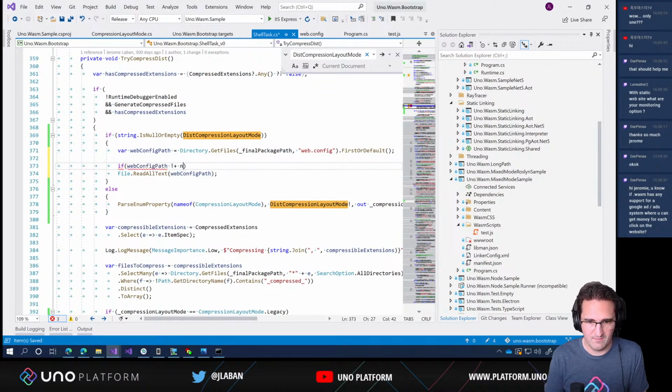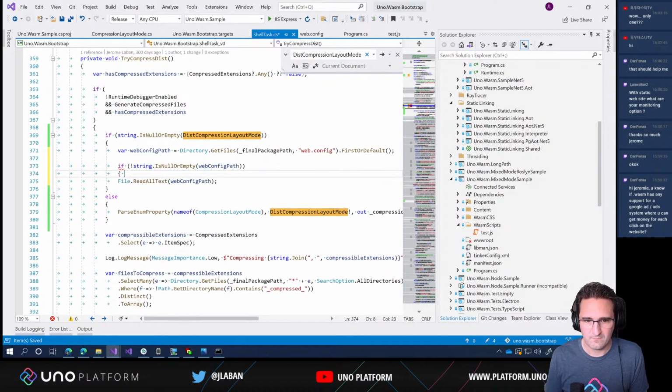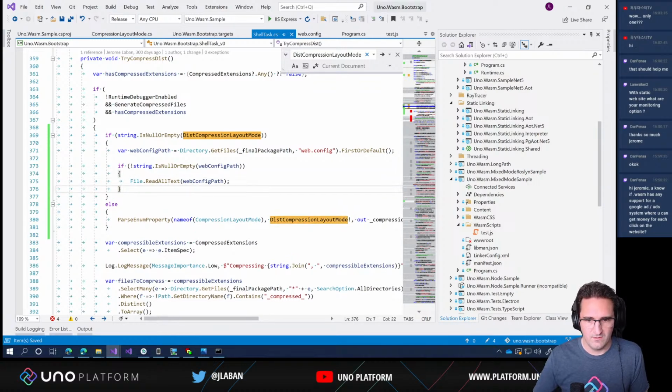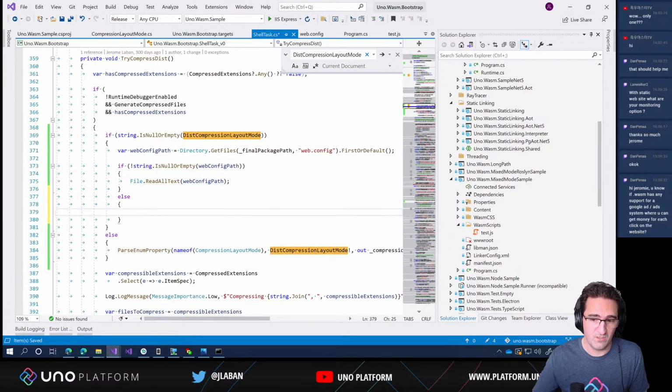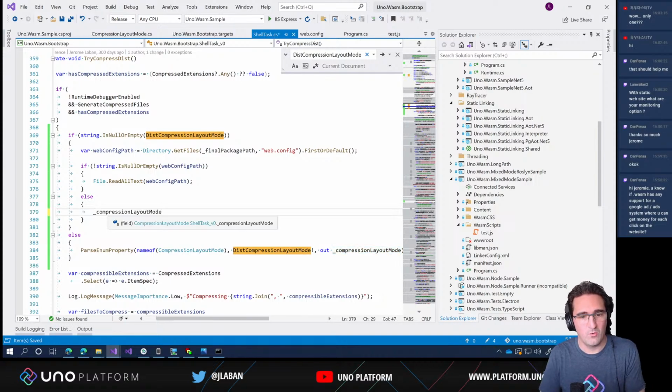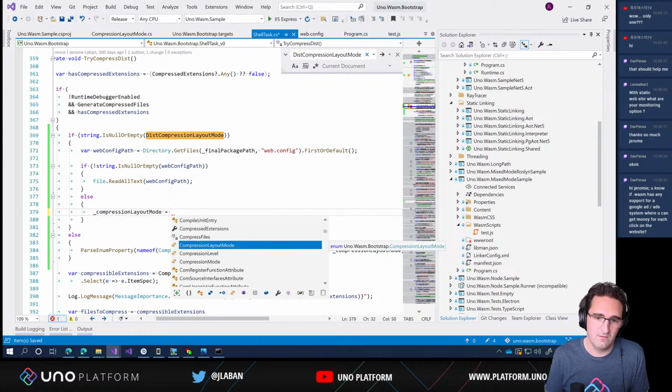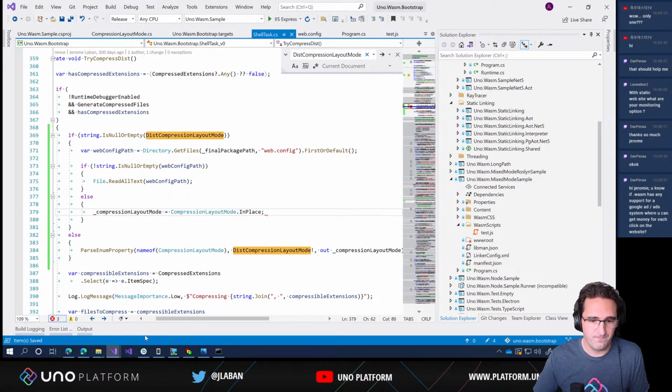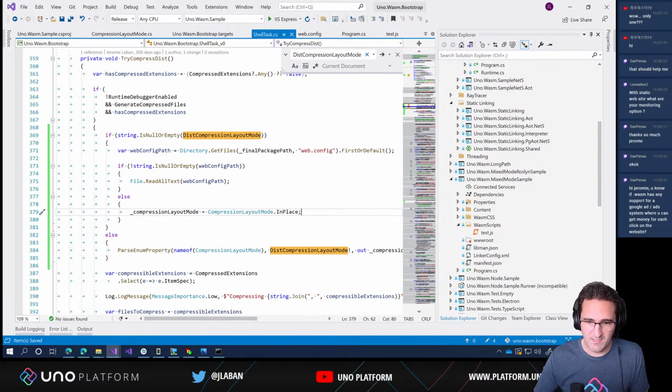Actually, let's do it like this. If the web config file exists, then we do something. If it doesn't exist, then we're going to be defaulting to the version that we need. So if there's no web config file, we're going to get the in place mode. If it does exist,